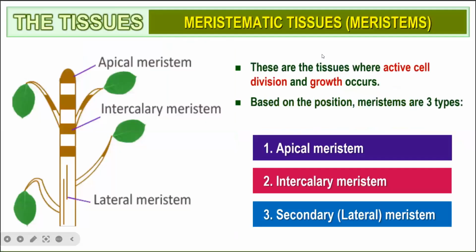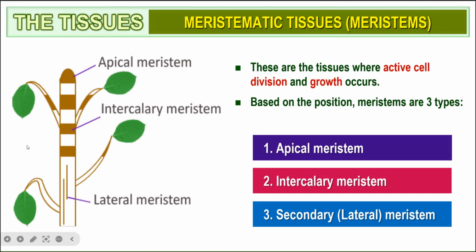Okay, next, these are the locations of meristematic tissue, where they are found. It is found at the tip of the shoot. This is called apical meristem. Meristems which are found at the tip of the shoot are called apical meristem. Then it is at intercalary, at the node, and also at lateral. Okay, we have three types of meristem: apical meristem,